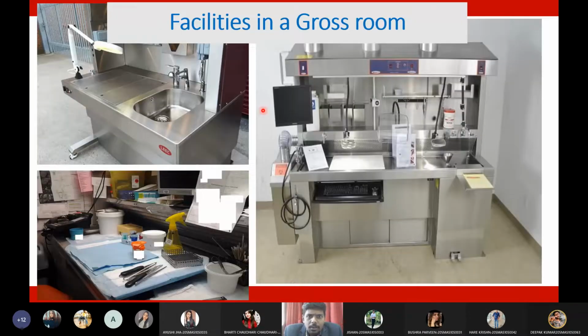Okay. Nowadays we are getting this computerized working station, and obviously we require a 24 hours water supply basin. After cutting the tissue, if it starts leaking any fluids, immediately we need to wash the tissue, wash the organ under water. For that purpose, we have this readily available sink. This cutting table is connected to this sink. So immediately we can wash the tissue and get rid of the debris. This instrument is called a working station. Whatever I said so far, all these things are present in this working station.